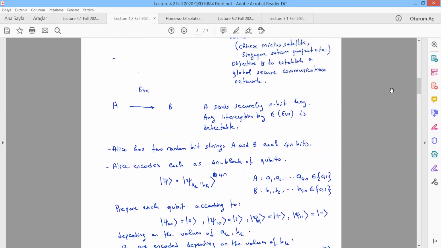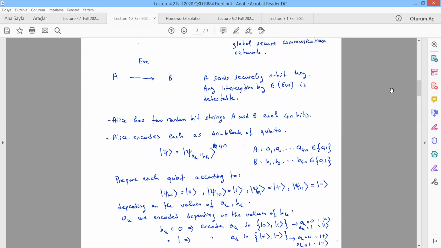So this is how the BB84 protocol works. Now, again, we have Alice and Bob. Alice now would like to transmit. She has an n-bit string of a key, and she would like to transmit to Bob securely, making sure that there is no interception,